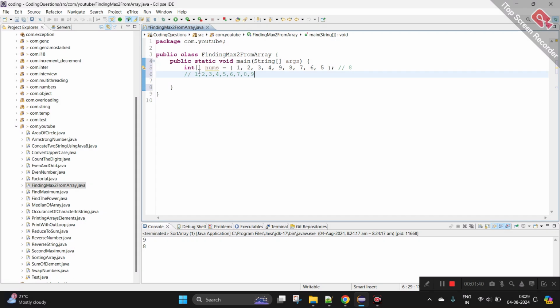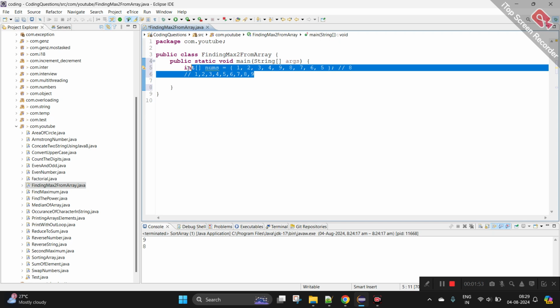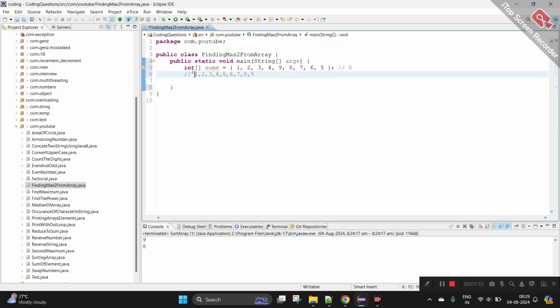Because the array is in indexing form and in ascending order, we know the last one is the maximum and the last one minus 1 is the second maximum. It works, but in the case of duplicates it will fail. Like if there is one duplicate of 9, then the second maximum comes out as 9. This is not true. So this will fail in the condition where the duplicates are there.